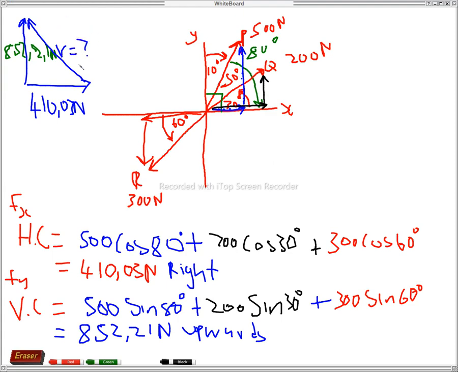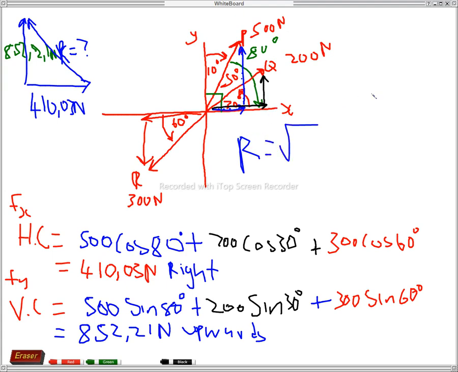So this is R, guys, which means the resultant, or let me use a capital letter R so that you can see. We can use the theorem of Pythagoras from here to determine the value of the resultant of these three forces that are acting on this system. So if we use the theorem of Pythagoras, I'm just going to say R is equal